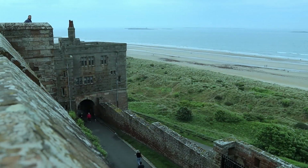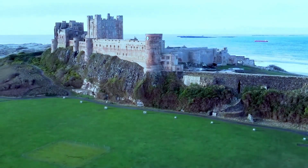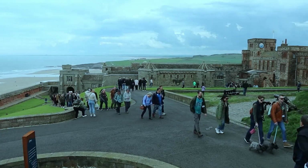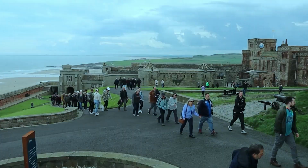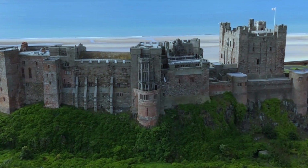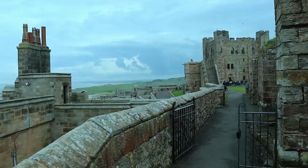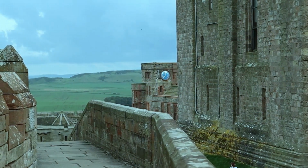While most scenes were filmed on sets, exterior shots of Bamburgh gave the series a powerful sense of place. Visitor numbers have surged since the show's debut, with fans eager to explore Uhtred's ancestral home. The castle's dramatic setting and layered architecture have also drawn big-budget productions. In Indiana Jones and the Dial of Destiny, it stood in for a 1960s archaeological site, needing only minimal props